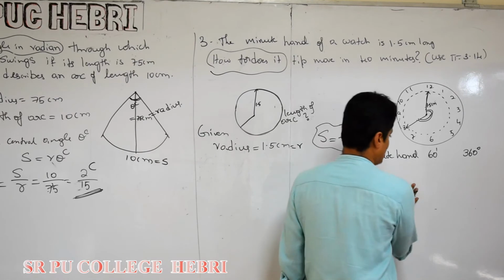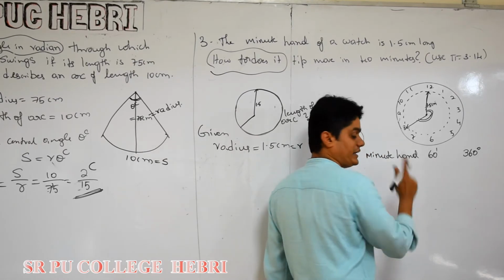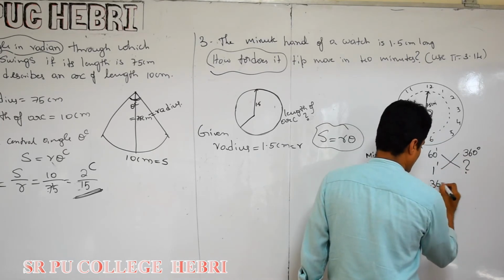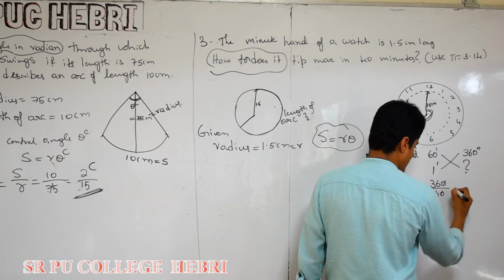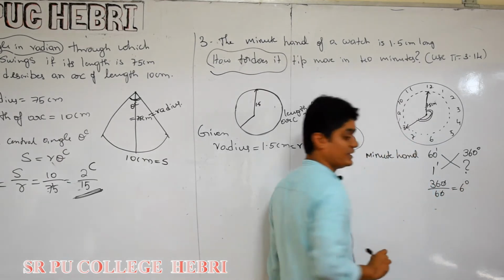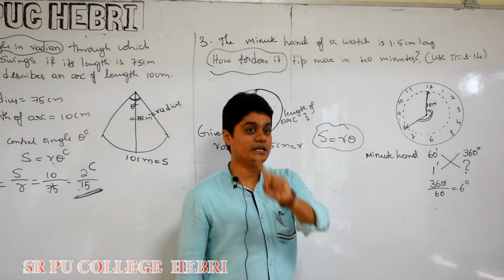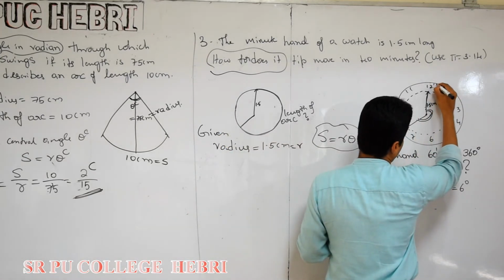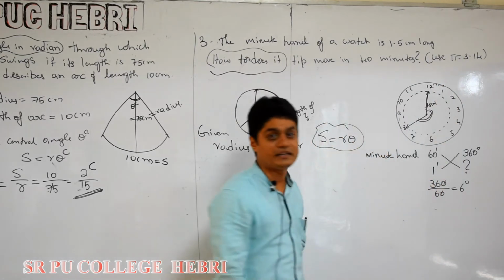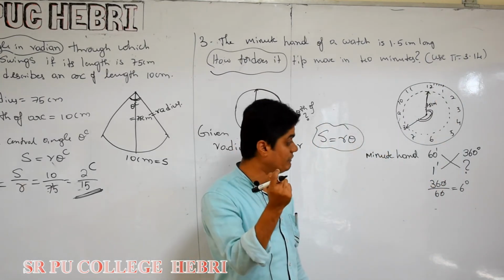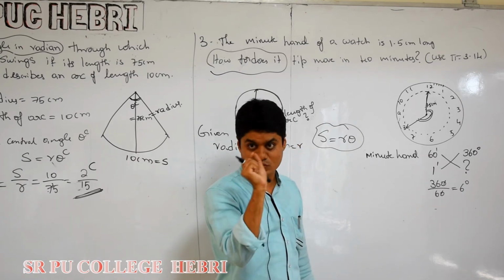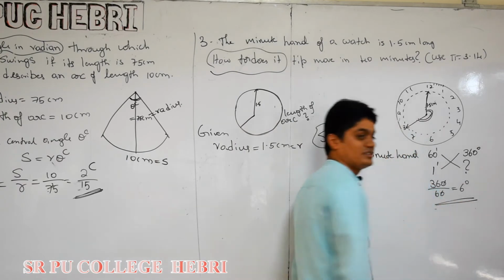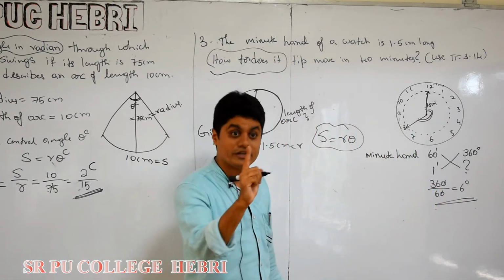Now we have to calculate what is the angle covered by it in 1 minute. So 1 minute alli eshtu? How? 360 divided by 60. 0 cancel, you will get only 6 degree. So the minute hand in 1 minute rotates 6 degree. 1 minute andre no, maybe you know after 12 there will be 5 divisions alva. 1 baro munche there will be 5 divisions in a clock. So 1 minute anta ಹೇಳಿದ್ರೆ a single division. So minute hand in 1 minute rotates how much? 6 degree.